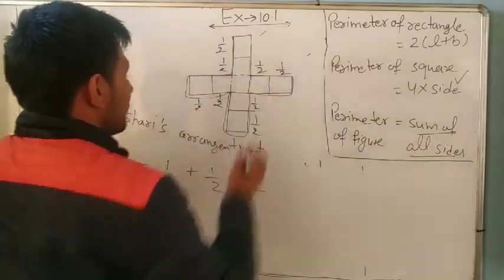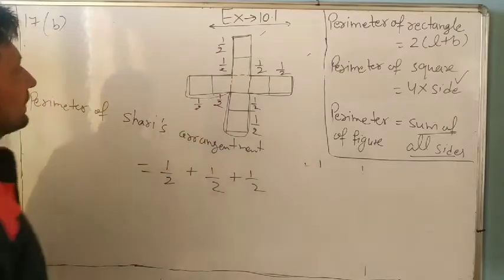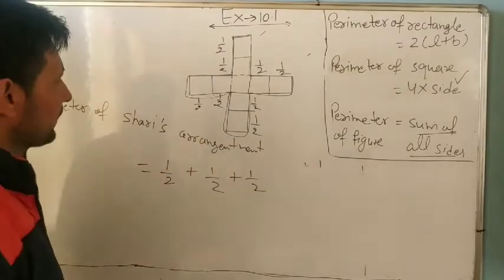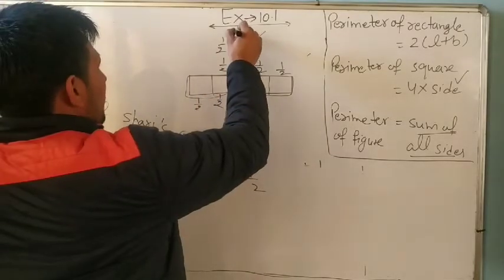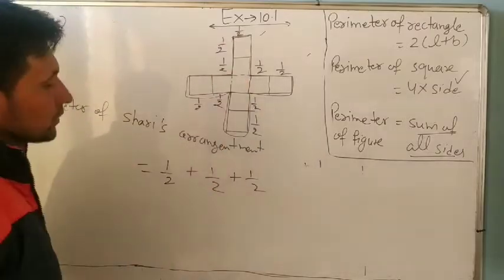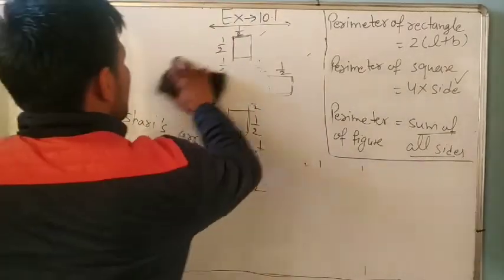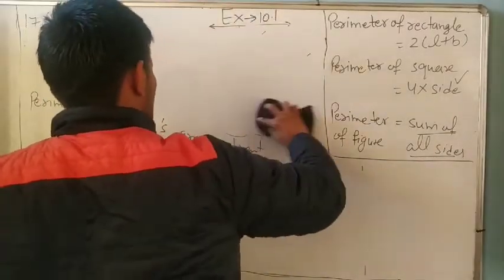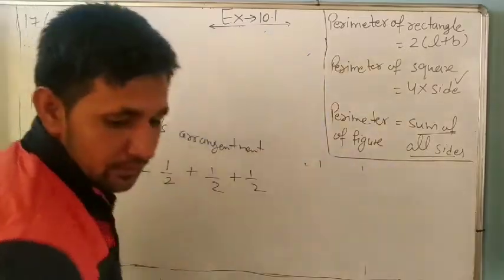Outer boundary only. And this one. Understand? So what we will do? So look at 1 by 2. So how will you find? So total length of the outer boundary. So it is